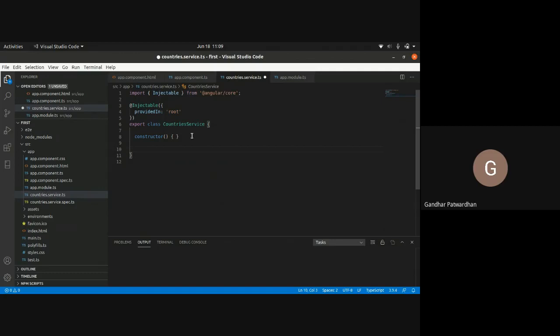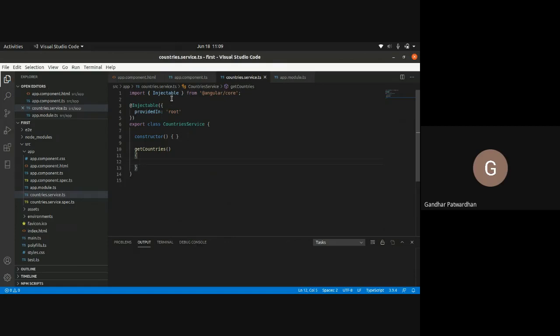Here, what is a service? The service is nothing but a simple class. In this, I would create a function, getCountries. I have simply created a function getCountries. Now this function would be responsible to talk to the external URL.